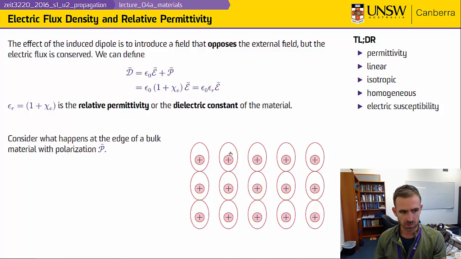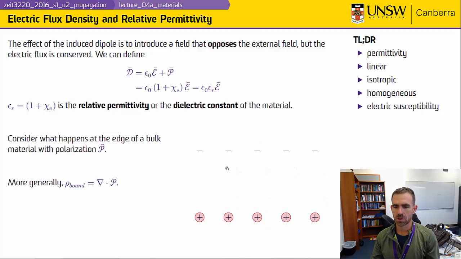Okay? But they spread out. Now, the fact that these electrons here have moved a little bit, and I have a little bit of extra negative charge in this location, that's compensated by the fact that some of these electrons have left. Right? And so inside the material, when I have a homogeneous material, the net effect of induced polarization does not create any new charge. But when I get to the edge of the material, there's nothing to compensate, and I actually end up with a buildup of negative charges on one side and positive charges on the other side